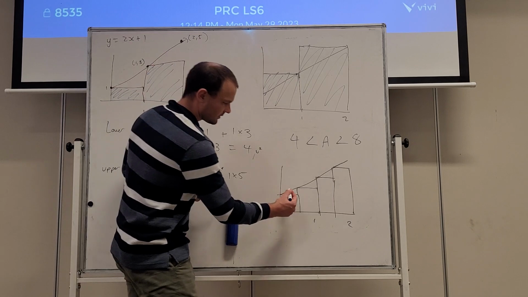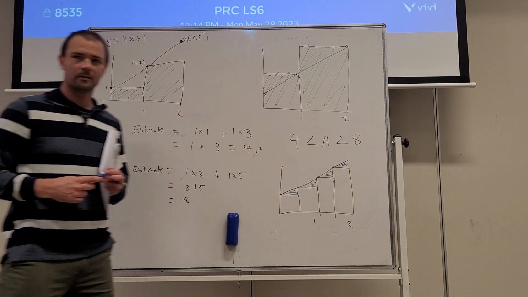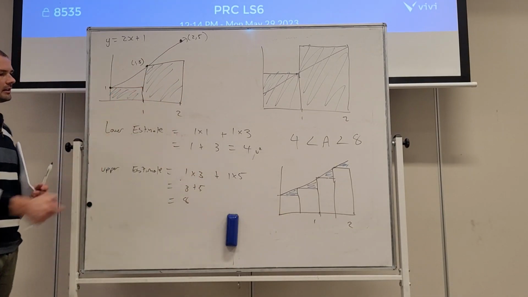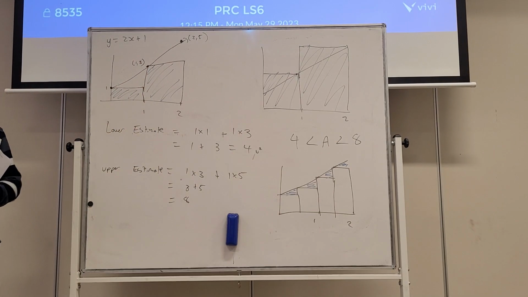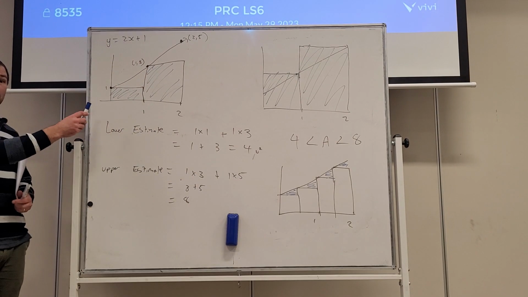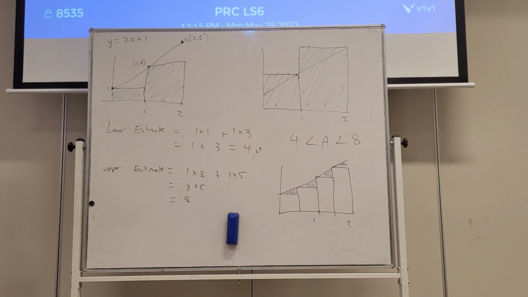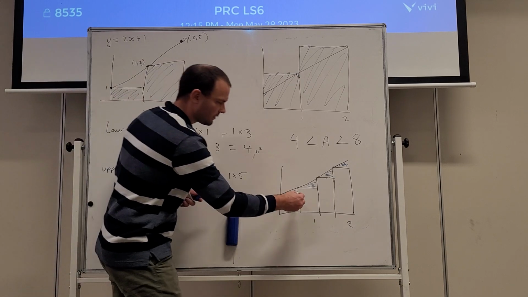What's happening to the error here? Look at this lower calculation and this lower calculation. Which one has more error? The one with 2 rectangles. Correct. Yes, you're absolutely right. And look, if I was to colour in this square here,